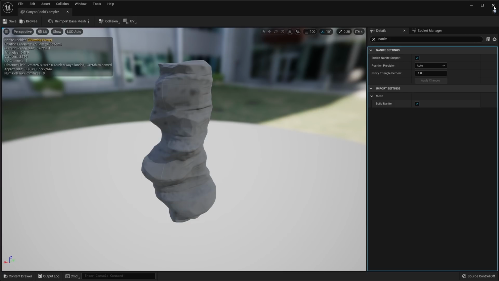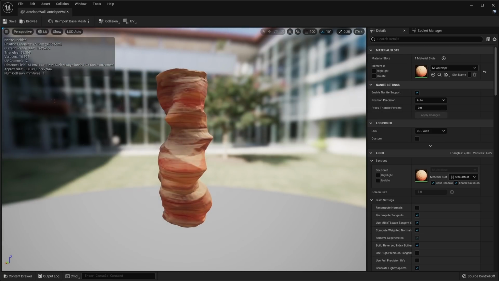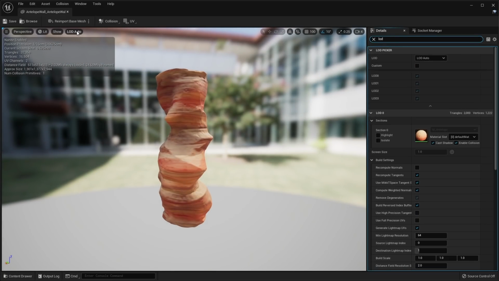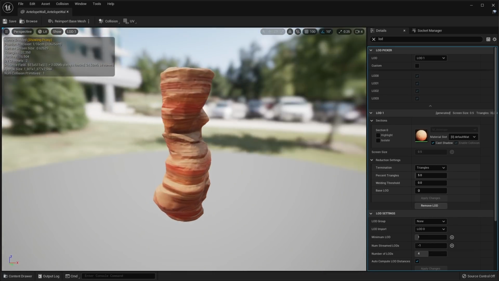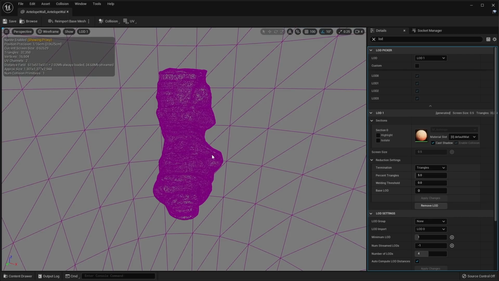If we're still not happy with that for the platforms that don't support Nanite, we can still use the regular LOD levels for those platforms. For the completed version of this mesh, if we go to our LOD settings, I have a number of LODs set for this particular asset. LOD 0 is set to 2000 triangles, which we'll be able to set for our complex collision for our Nanite assets. But for any platforms that don't support it, we'll start at LOD 1 or even LOD 2 or 3. LOD 1 is a much higher triangle count, but still is a normal game ready asset. It's 32,000 triangles, and we can see our wireframe here.